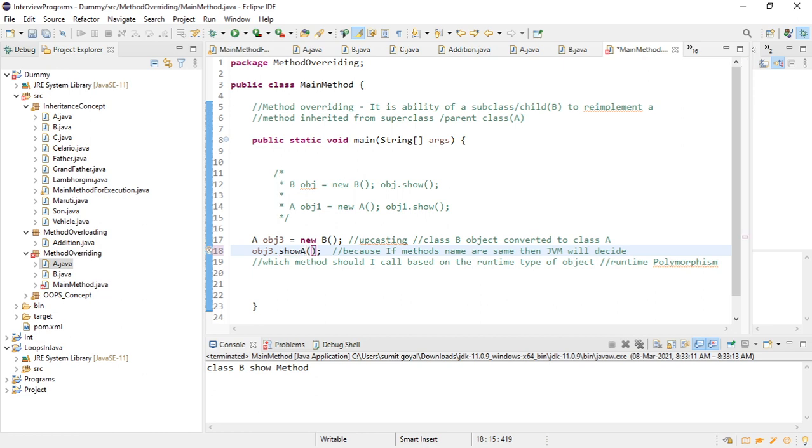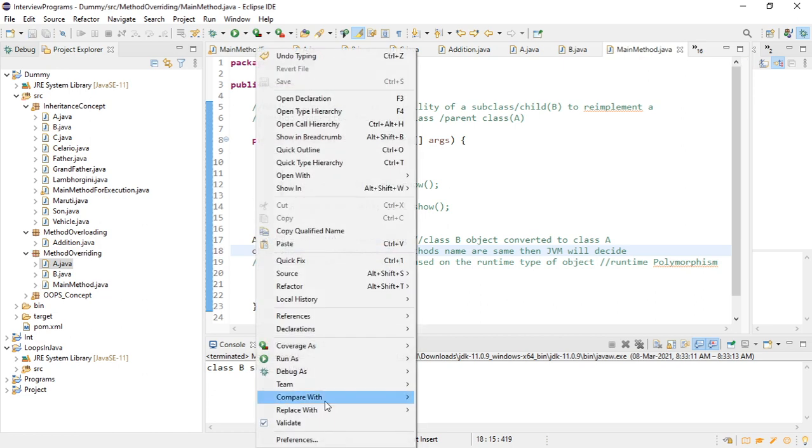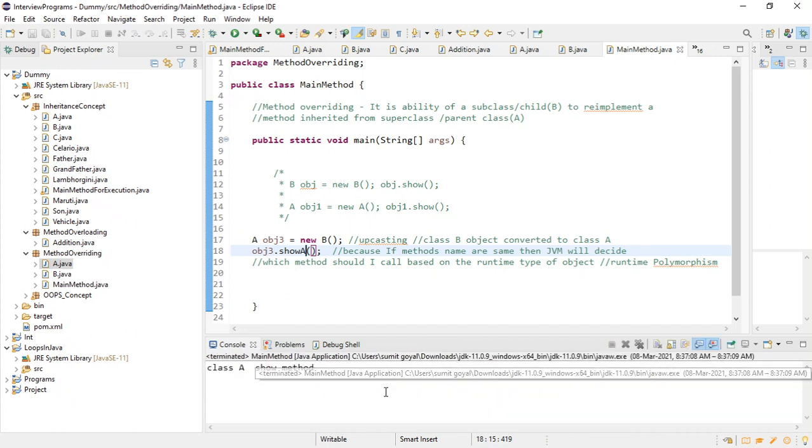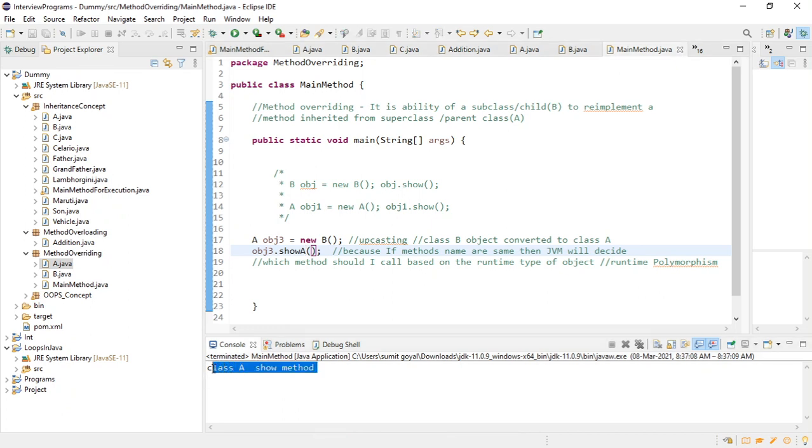And if I write like this, then it is fine. It will simply run the class A show method, right? Is it clear to everyone, this part? If you have methods with a different name, then it will call this.